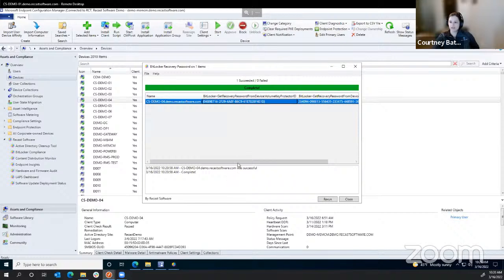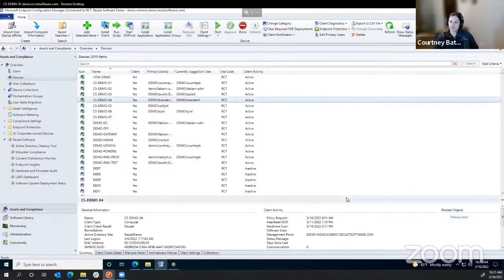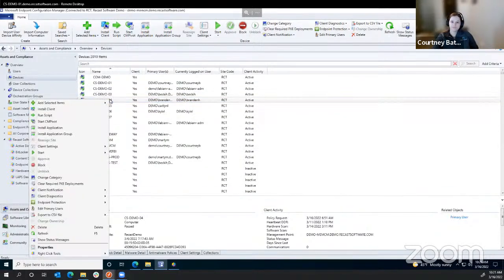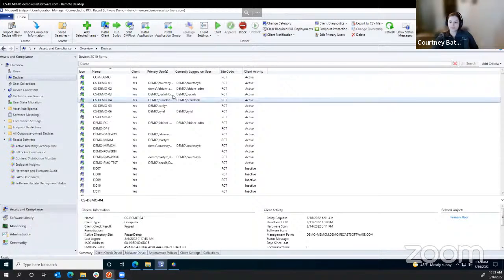And then it grabs those recovery passwords for me, and I can see which device and what actions. So I can close that one. So something like the action of